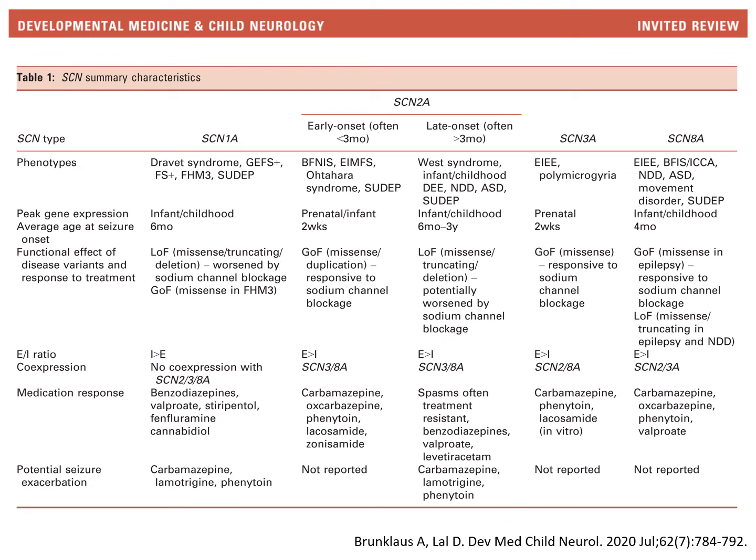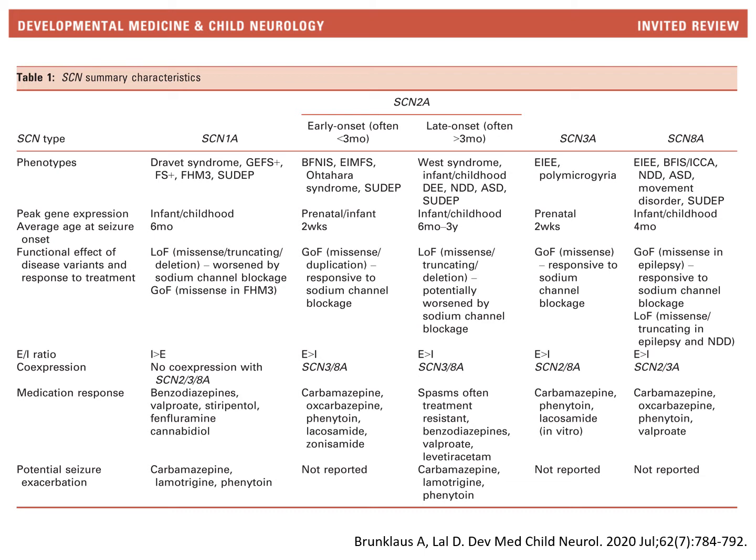There are 4 brain-expressed voltage-gated sodium channels: SCN1A, SCN2A, SCN3A, and SCN8A, as shown in this table. All 4 present with different phenotypes, different ages at onset, and different treatment responses. SCN1A presents primarily with Dravet syndrome and genetic epilepsy with febrile seizures plus. It is caused by loss of function in inhibitory neurons and tends to respond to treatments including benzodiazepines, sodium valproate,